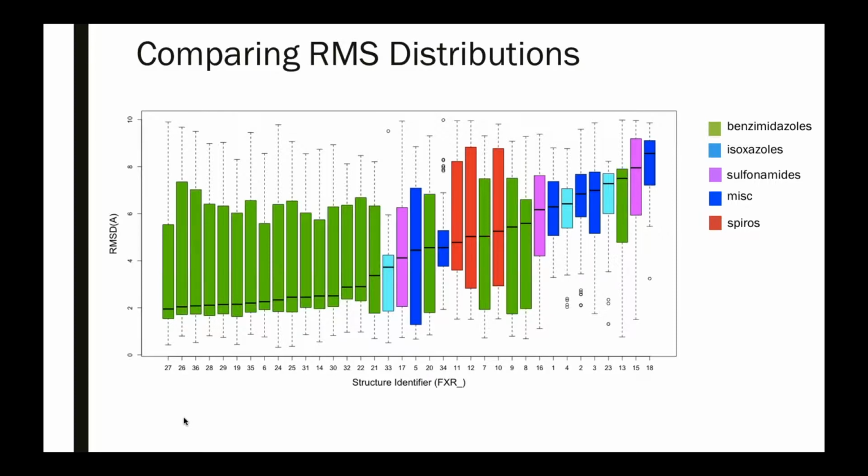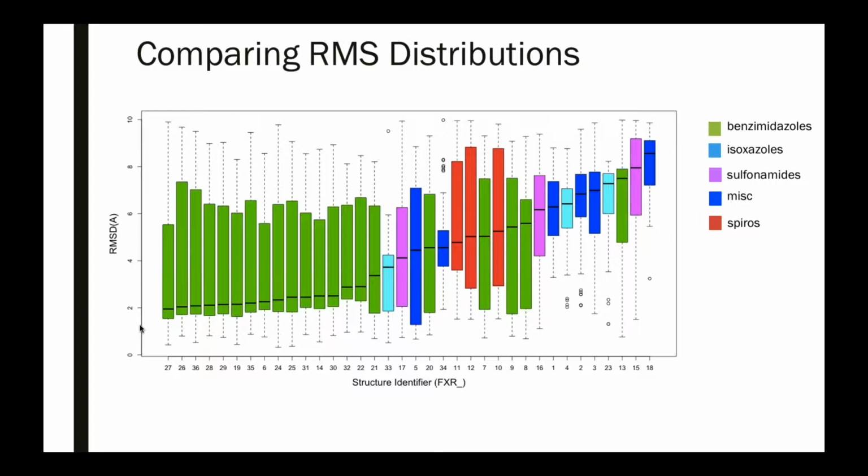All in all, it looks like about half of the structures were well predicted. And in most cases, if you look at the bottom end of the box plots, you can see that, with a few exceptions over here, someone was able to predict the structure correctly within 2 angstroms. But right now we're looking at the distribution over all of the submissions.